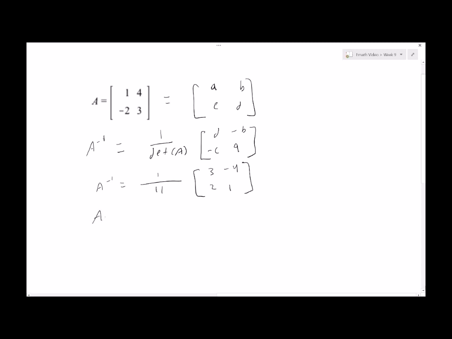Usually they'll probably ask you for like A inverse 1, 2 or something like that. So that would be this one, right? Row 1, column 2, so you'd say negative 4. This would be negative 4 over 11. Don't forget to divide by the determinant, but as you can see, it's a lot simpler than doing a 3 by 3 if you see how to do this. Now you could do it the other way, where you put that matrix next to it and do what we did with the other one. It's a lot faster than 3 by 3, but this is literally the fastest way. It's just knowing